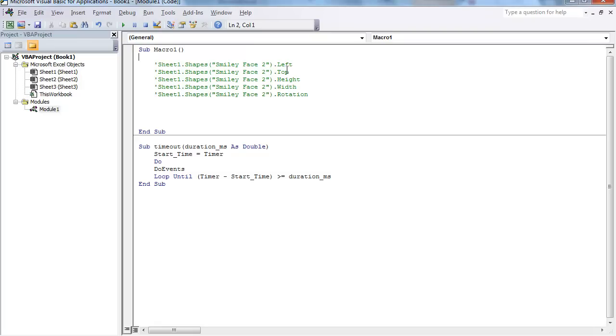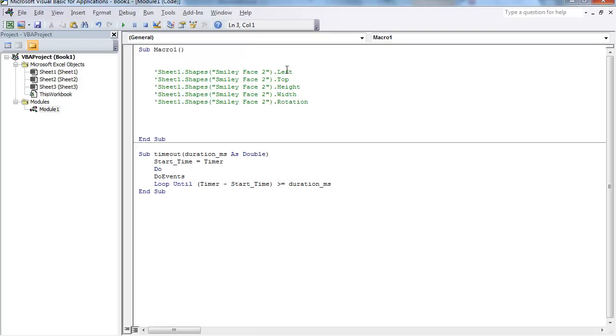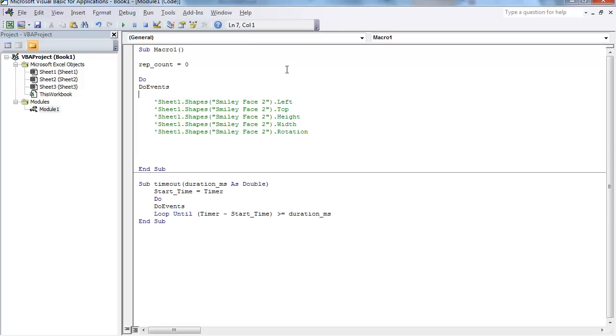Now the way I did the video is I created a repetition, For rep equals 1 to 400. There's a couple of ways that you can do this. Just for this video, I'm going to put rep count equal to 0. I'm going to create a Do loop. DoEvents is important. What this does is allow the Visual Basic environment to complete all the events that you've asked for, and that way you can see it on the screen. If you weren't to have a DoEvents and you were just to finish your loop like this,